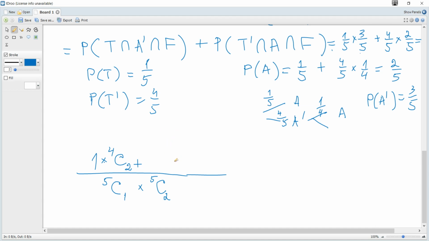It means there are 4 remaining boys and we need only 1 boy, so it will be a number of combinations 1 out of 4,